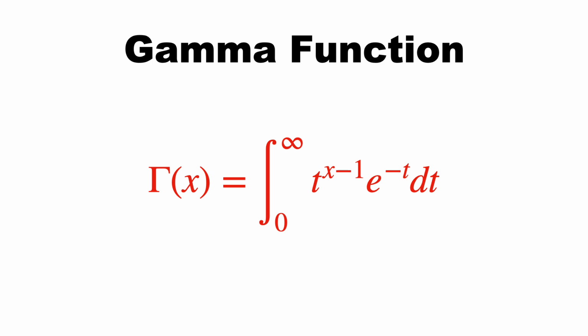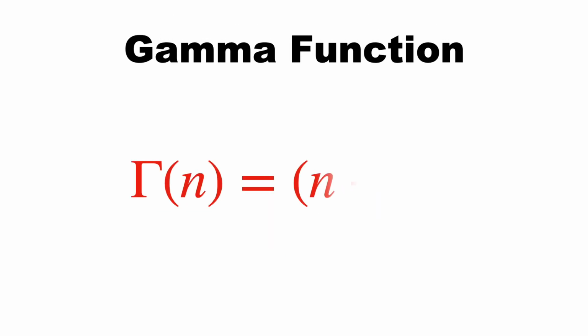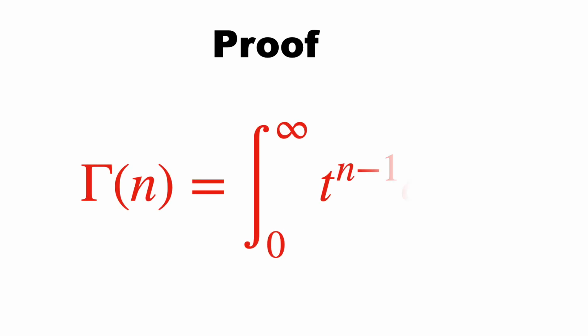For positive integers n, it satisfies Gamma of n equals n minus 1 factorial. Let's prove this relationship between the gamma function and factorial. For a positive integer n, we can write Gamma of n equals the integral from 0 to infinity of t to the power of n minus 1 times e to the power of negative t, dt,